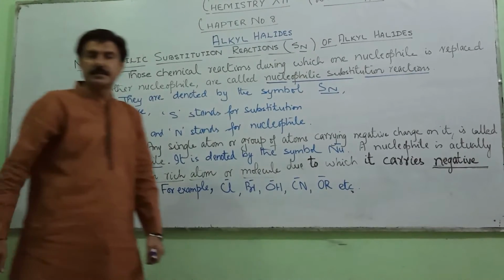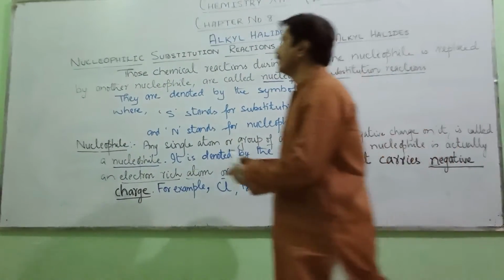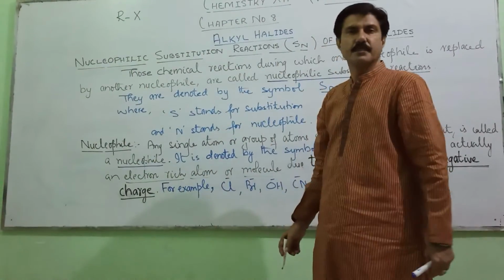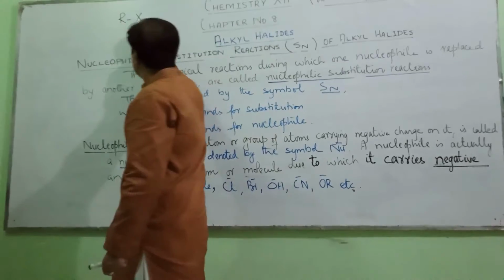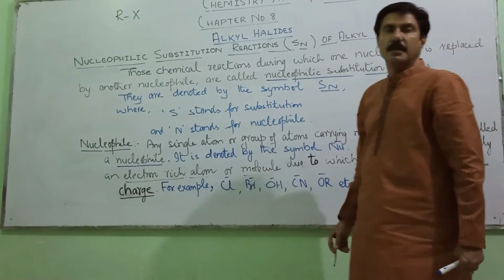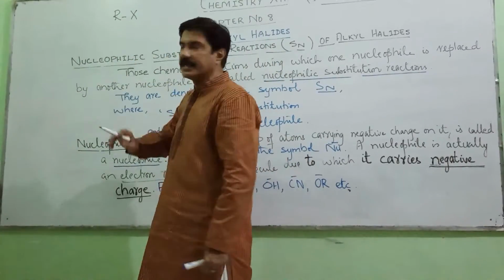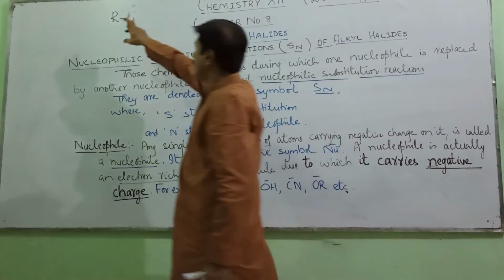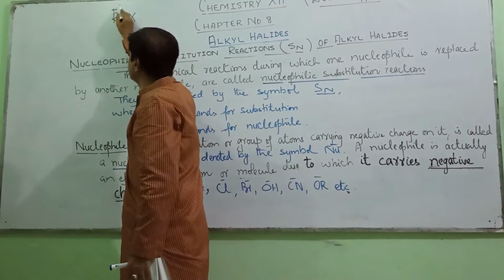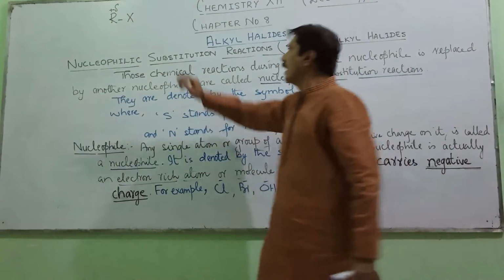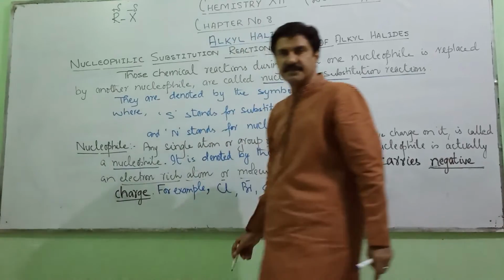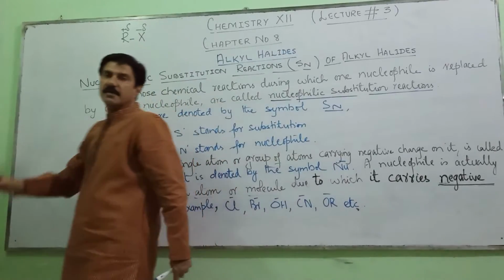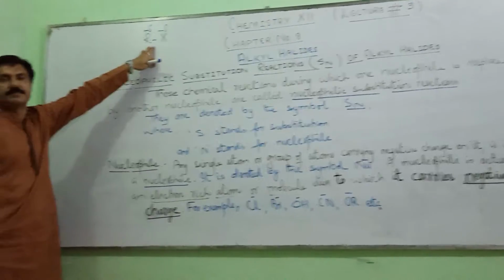Now you must know that in alkyl halides the general symbol used is R-X, where R represents the carbon chain and X represents the halogen atom. You must be knowing that in terms of electronegativity, carbon is a much less electronegative atom than the halogens. So, being less electronegative, the carbon chain possesses a partial positive charge, while the halogen atom possesses a partial negative charge. And this polarity of R-X is responsible for the reactivity of alkyl halides.